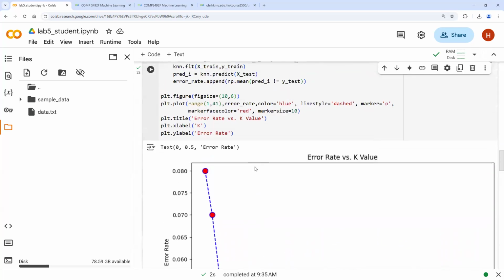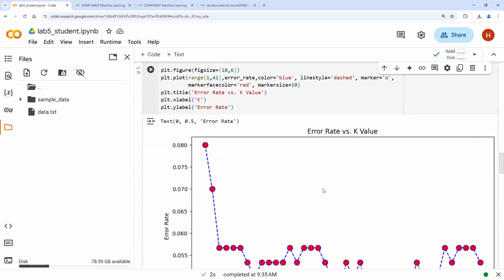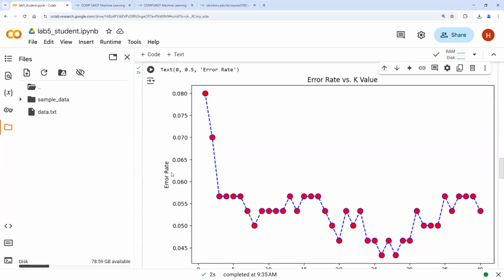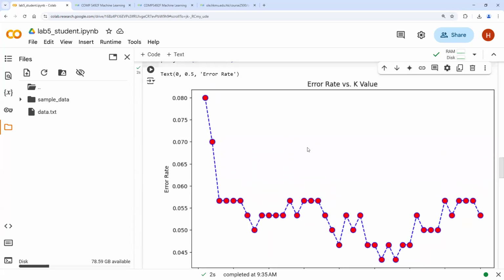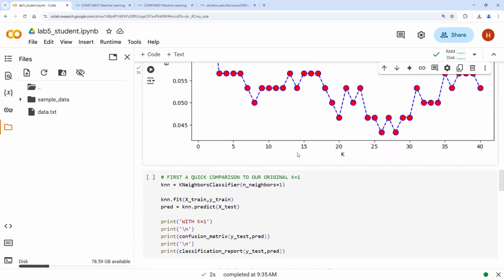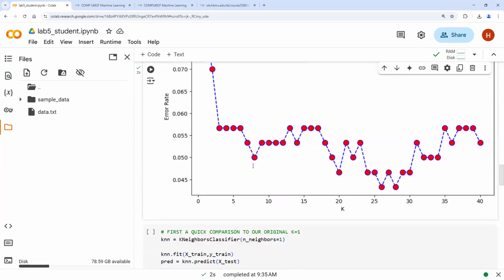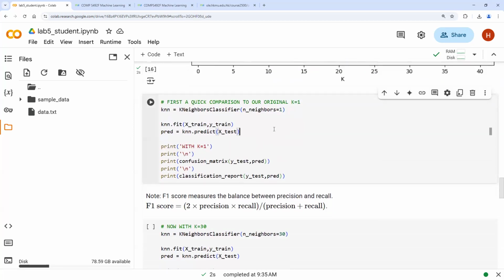Okay. So this depends on the data. You can use more data, because here there is quite a big vibration in this error rate. It's not a very smooth line here. But you can see that when we increase the k value at the beginning, there's a prominent decrease in the error. Okay, then we again